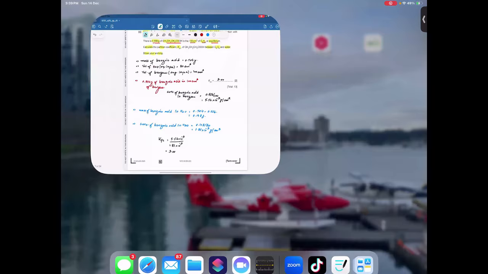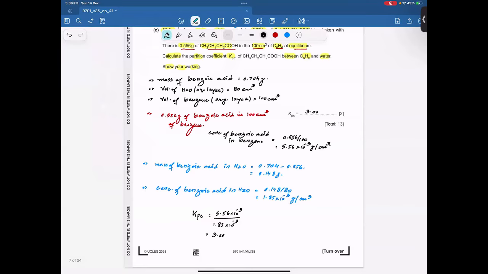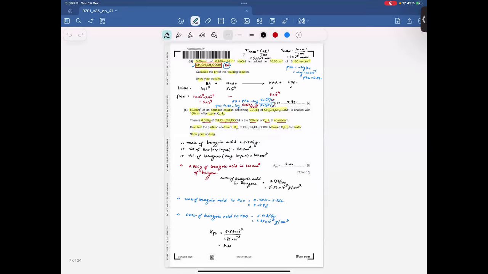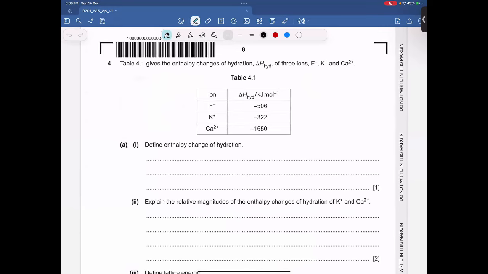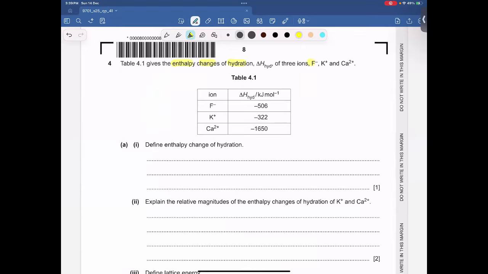So let's start another question. That is question number 4. Okay. Table 4.1 gives enthalpy changes of hydration for 3 ions: fluoride, potassium ion, and calcium ion. Now, calcium ion has the higher hydration enthalpy value, whereas potassium ion has a lower hydration enthalpy value. So, the first part of the question is